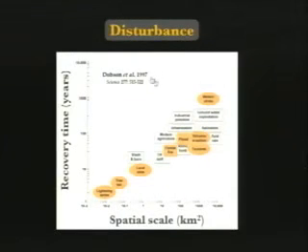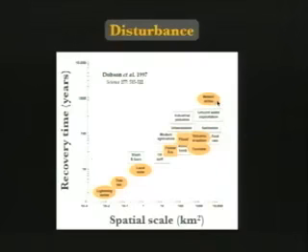The data was gathered from this paper. It's hard to ground truth some of this data, so just consider it as a model for discussion rather than something entirely precise and accurate in its depiction, because we're looking at a huge range of disturbance types that can affect ecosystems and communities, on the basis of how spatially extensive they are and how long it takes for the communities to recover in a successional sense.